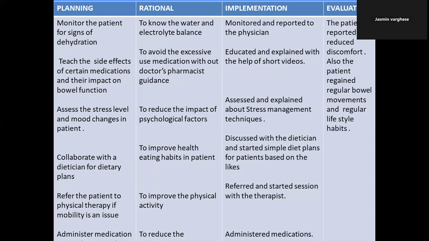So after writing all these things, what you have to write? You have to write the evaluation. Evaluation always will be in the past tense. The patient reported reduced discomfort, and also the patient regained regular bowel movements and regular lifestyle habits. So in this way you have to write your nursing diagnosis and care plan for chronic dysfunctional bowel movement or